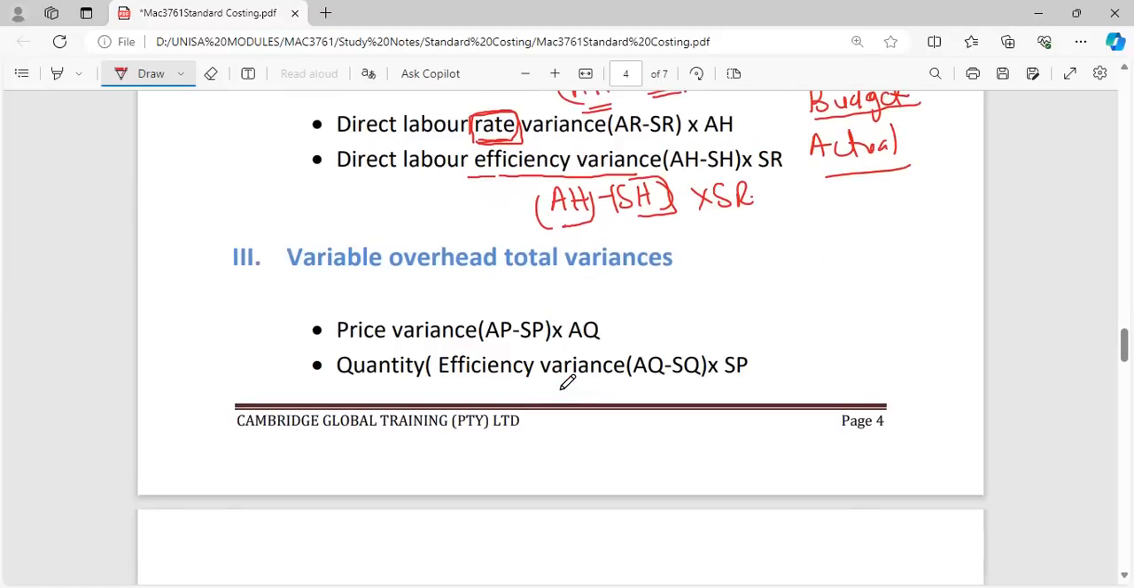The same applies when you are doing the variable overhead total variance. You just look at price. You are dealing with price. So what was the actual and the standard? Then when you are doing the quantity,